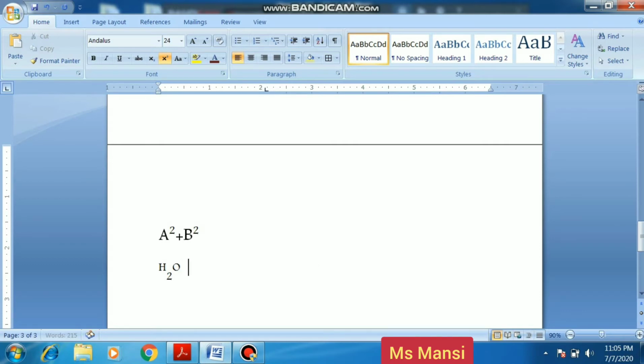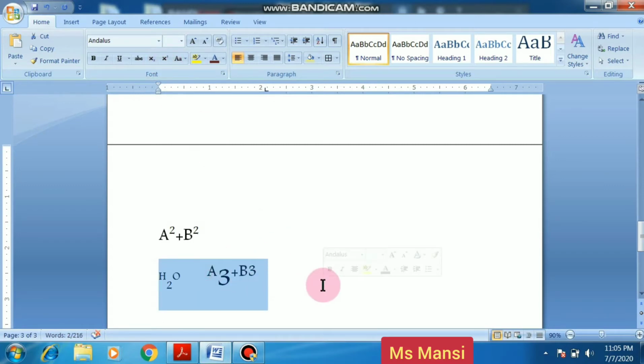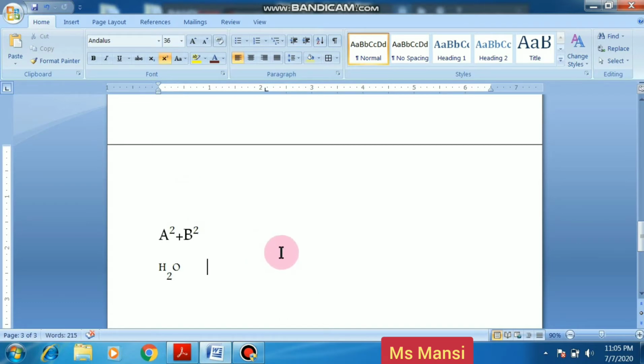I take more examples. A3 plus B3, and I want this 3 above the baseline. Firstly, I increase the size so that it is visible to all of you. First select this, and then click on superscript. Now another formula, H2SO4.